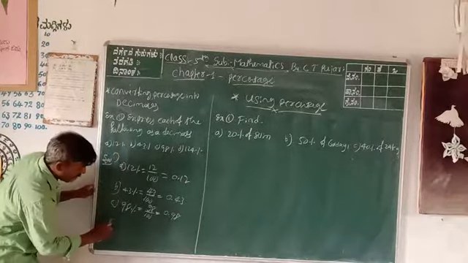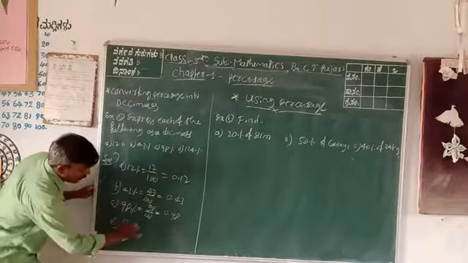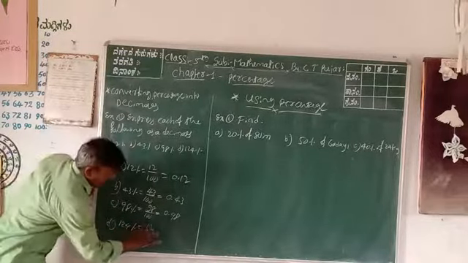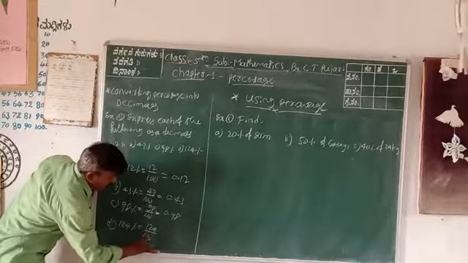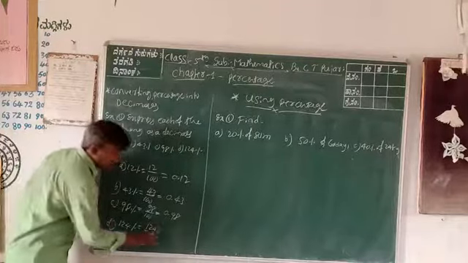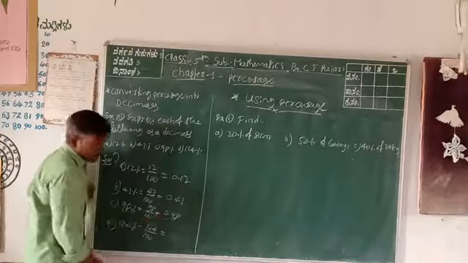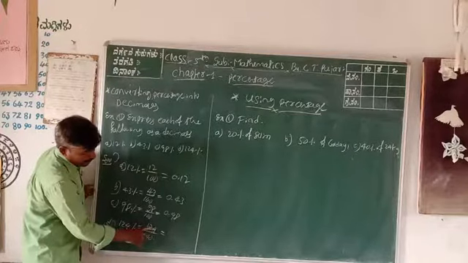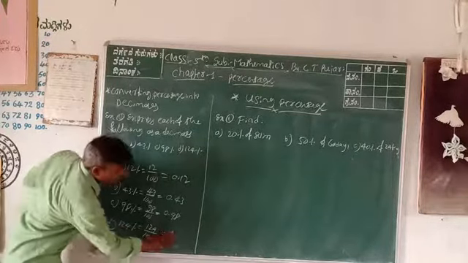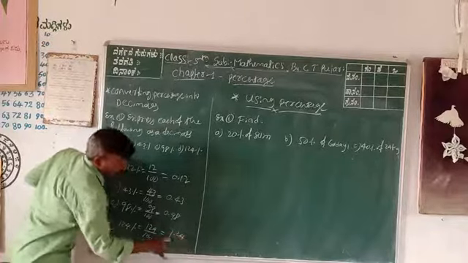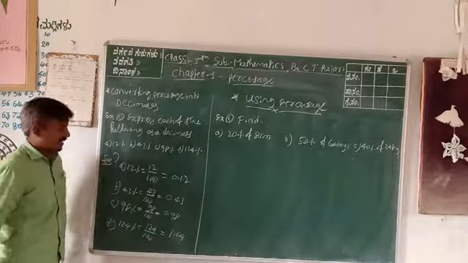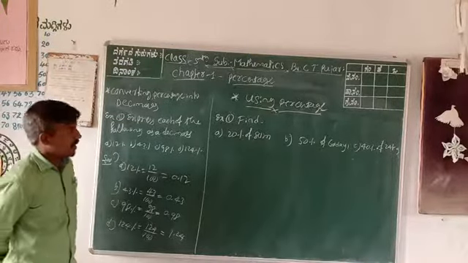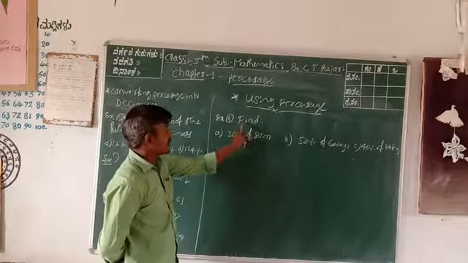Last one is what? 124% is equal to 124 divided by 100. This fraction into a decimal: divide it. The denominator has 2 zeros here, so you take 2 digits after the point. That is 1.24 as the decimal. 1.24 is the decimal.